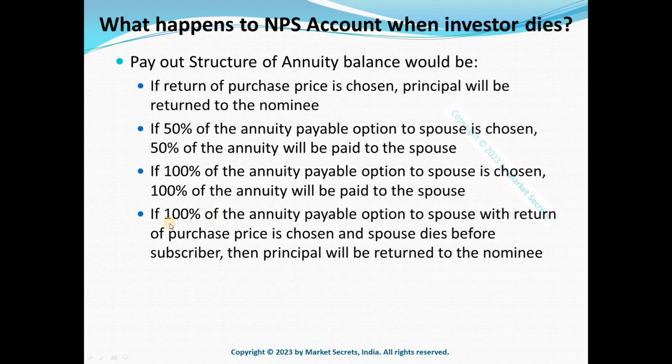So you might think, if the fourth option is available, that is 100% is being paid to spouse and you'll also get the capital in return, why should I choose the other three options? We might think like that, but the amount varies based on each of these plans. So whatever the subscriber wants or whatever their family wants, based on that they need to select annuity. So based on the different annuity options that the subscriber has chosen during the annuity purchase, the payout will be different during the annuity settlement. So these are the four different settlement options available under NPS annuity. And this is how the settlement will be done on the death of the NPS investor.